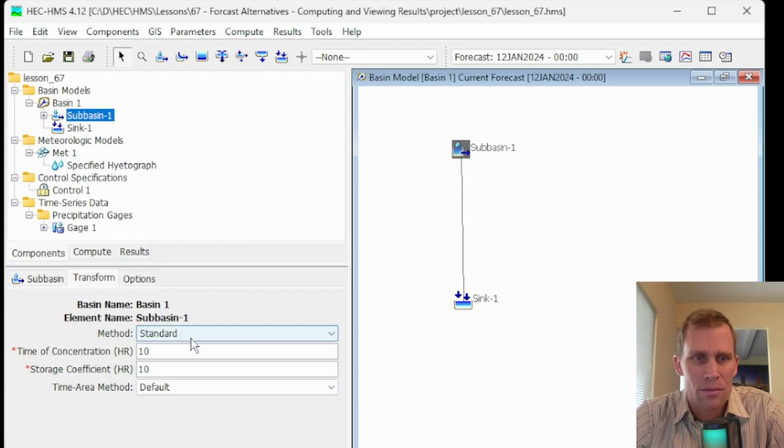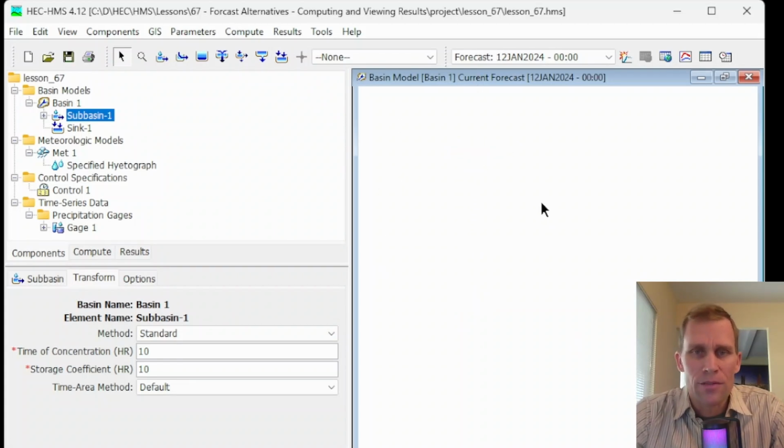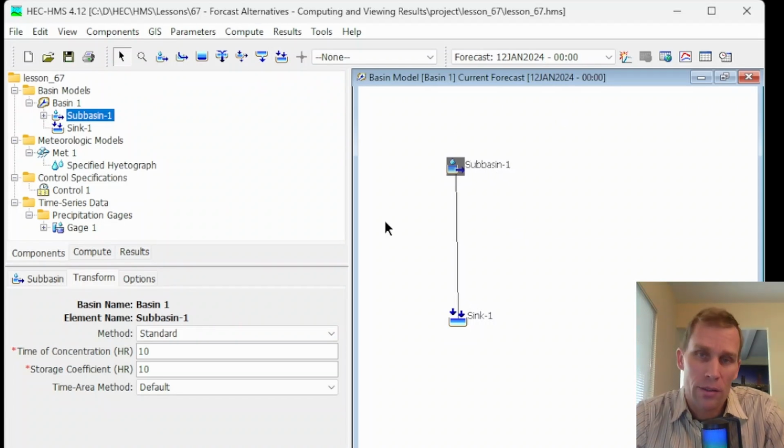That looks good. Next, the user's manual describes running a forecast alternative to a computation point. So I don't have any computation points in my model. It's such a simple model. There's no reason for one really. But if I had a large model and I only wanted to run a forecast down to a specific computation point,